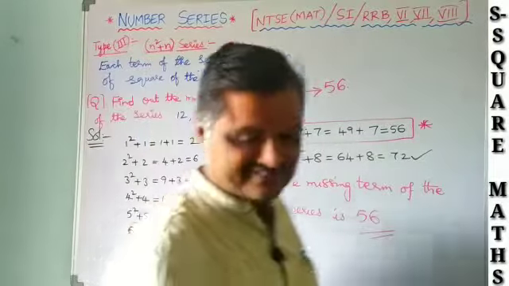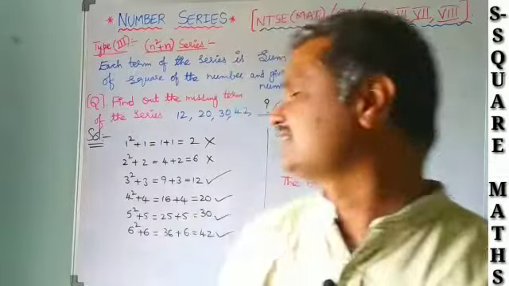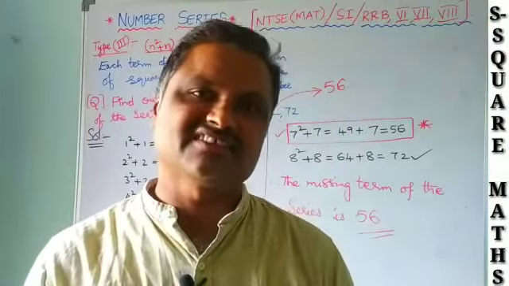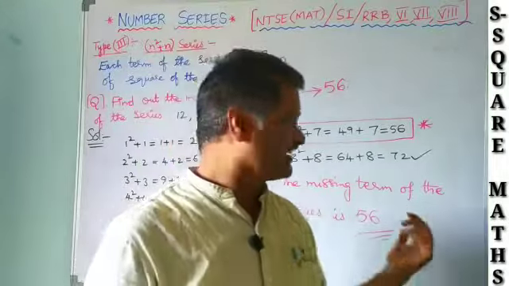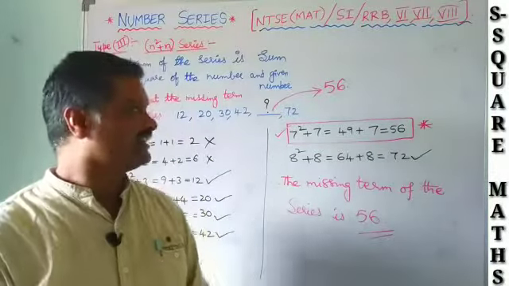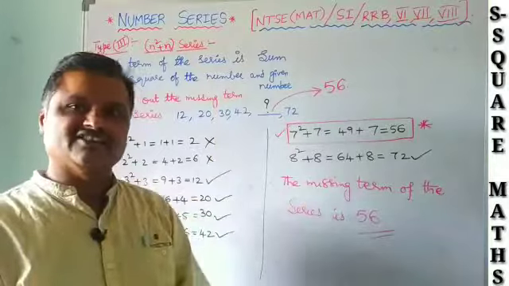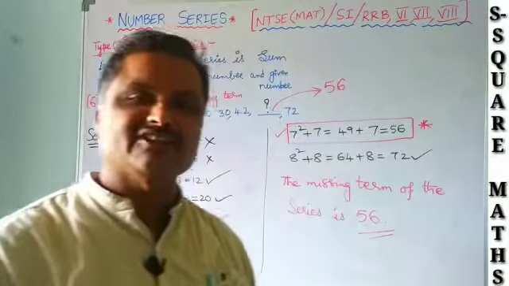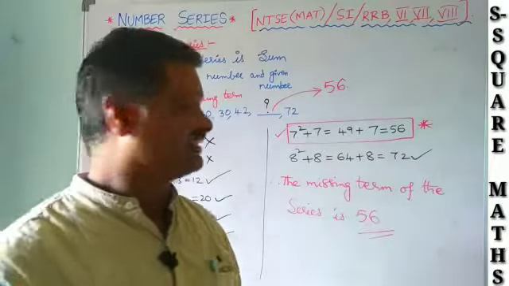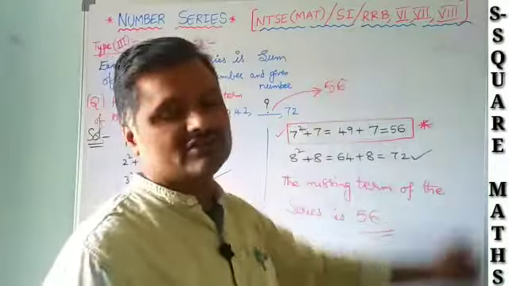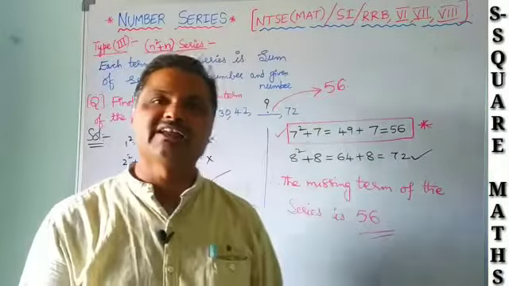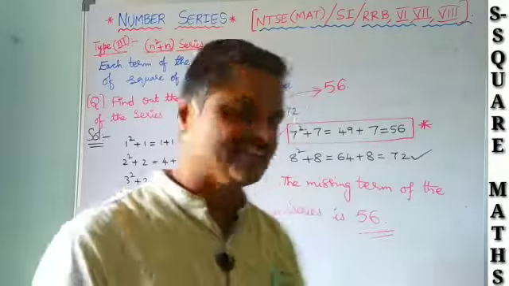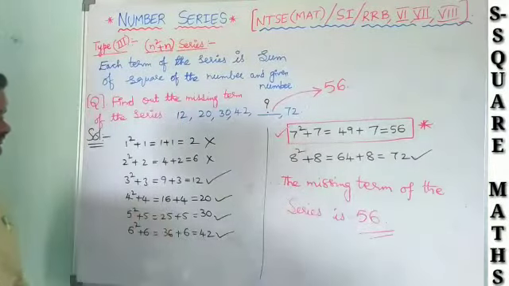So far we discussed 3 different types of number series. It is very important; even for 5th, 6th, 7th class children you can train up the logical thinking of the child. It is beyond the textbook also, but it is very amusing and important for NTSE examination aspirants, and for 10th students. It is also helpful for SI recruitment and RRB selections. So like this, we can overcome the various number series. So you can have a look.